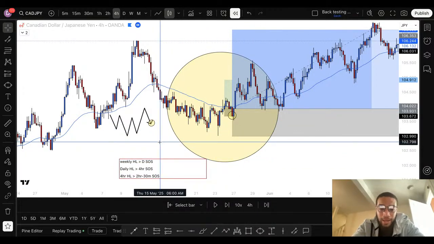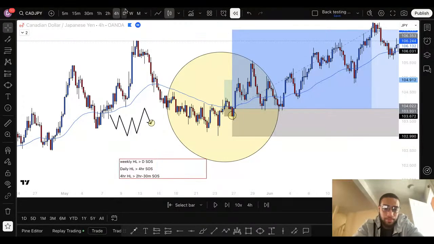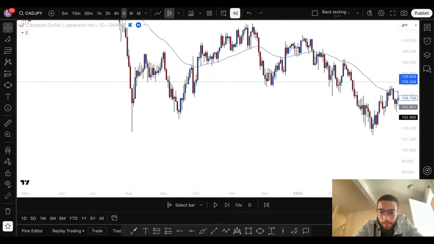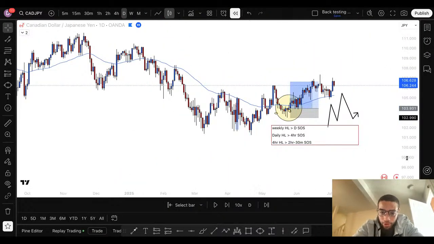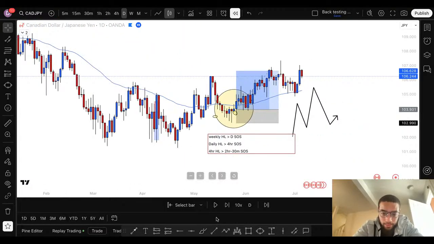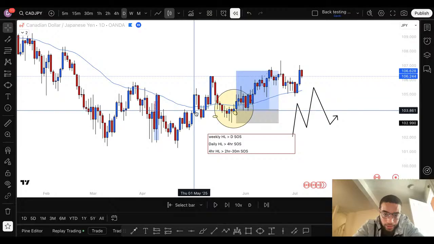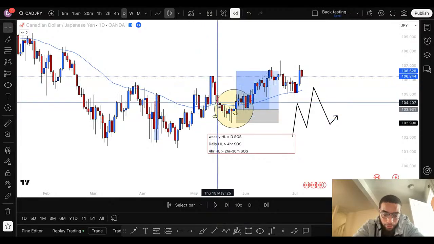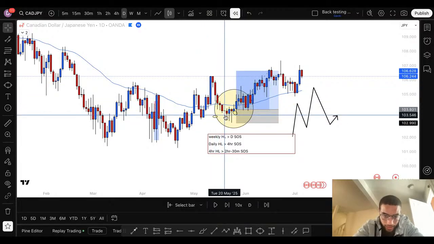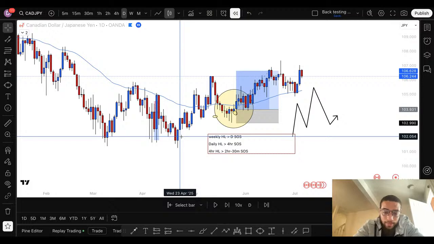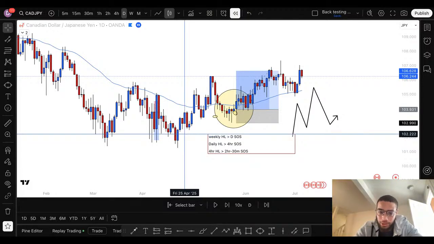So we've had the weekly higher low with a daily shift of structure. Okay. When did the daily shift structure, you may ask? Well, the daily shifted structure down here, confirming that we are pushing to the upside. So we've had the daily shift of structure. Now the weekly is already bullish. Now when the daily creates that higher low, now we just need to see the 4-hour shift of structure because